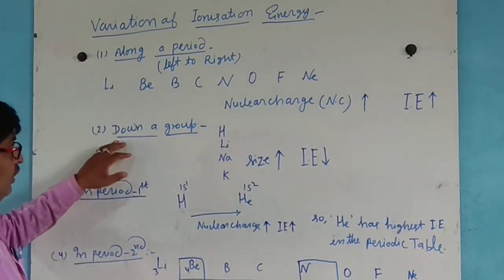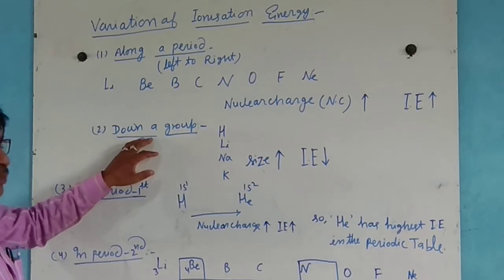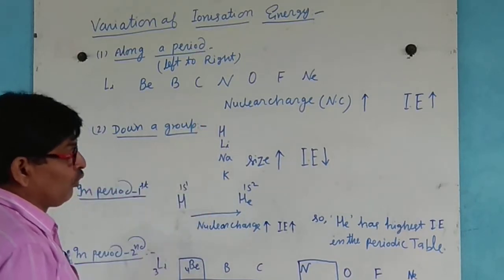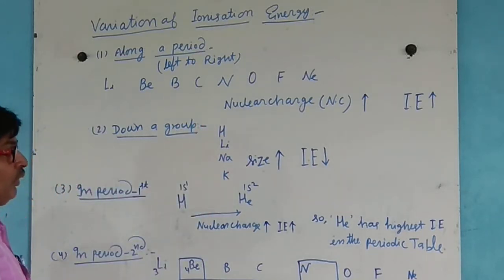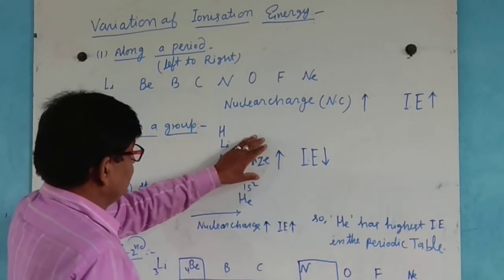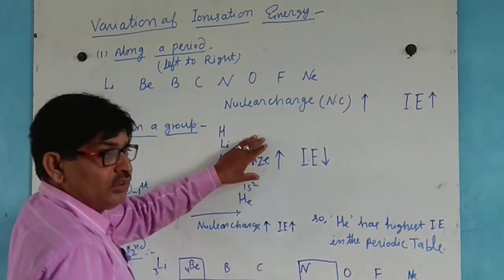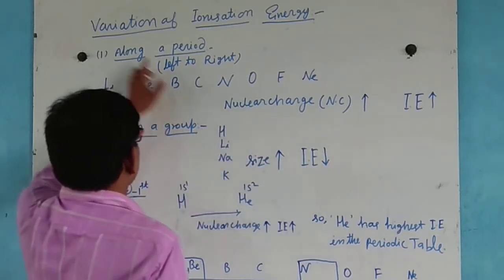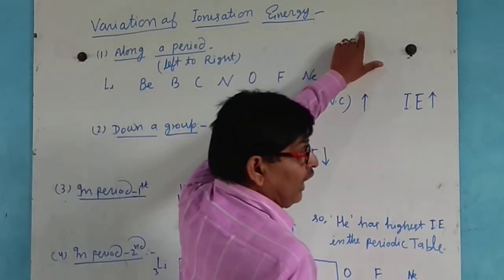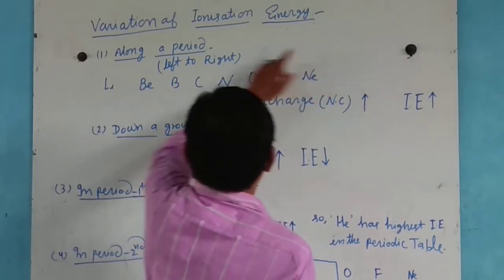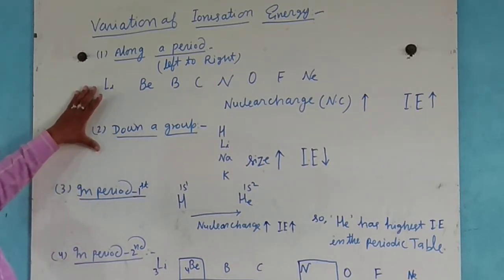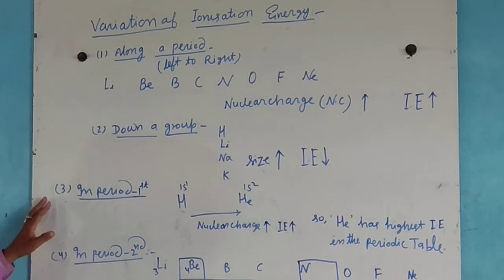And in a group downward: hydrogen, lithium, sodium, potassium. Going down the group, size increases, so ionization energy decreases. It means that from this to this ionization energy increases, and from this to this ionization energy decreases. In general, now we discuss